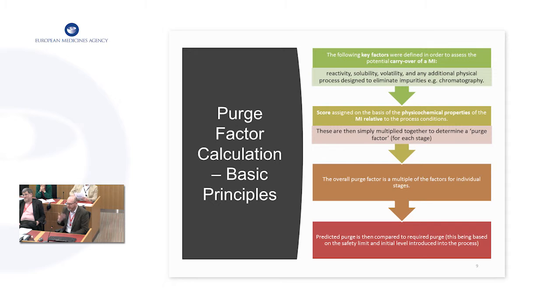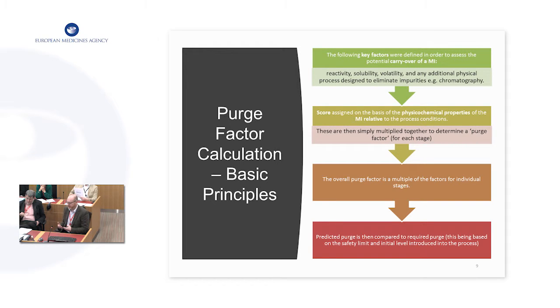So this all aligns to what's captured within ICH M7, but it is the purge calculations that I played around with 7-8 years ago now. Really what you're trying to do here is do what a chemist does in their head. You relate the physicochemical properties of a mutagenic impurity to the downstream process it sees. Is it reactive? Is it soluble? Is it volatile? Or are you doing other operations like chromatography to remove it? And the trick with it is that we have a numerical score associated with it. You essentially score that risk. It's a numerical risk